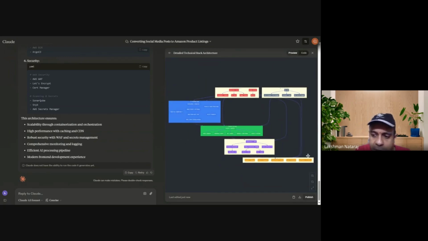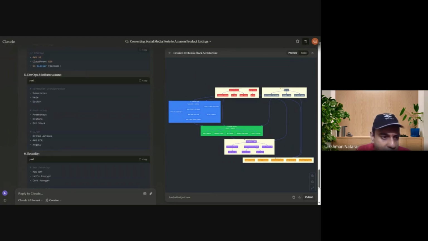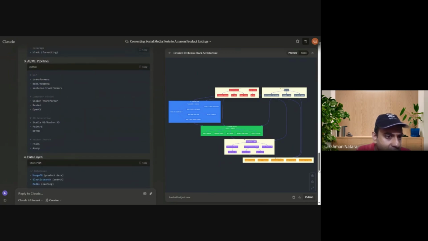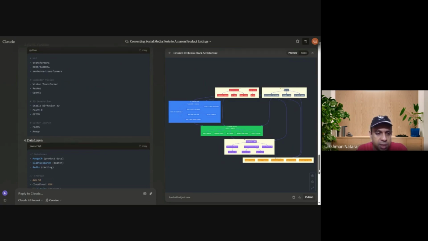And the best part is that, say you're writing a document or a proposal or something like that, all these details are here, right? 3D generation using Stable Diffusion and so on, and vector search using FAISS and so on, other things like that. We could of course modify these if we know better. These look a little bit old, so the latest ones are even better. We can modify that, and the real power is that you could